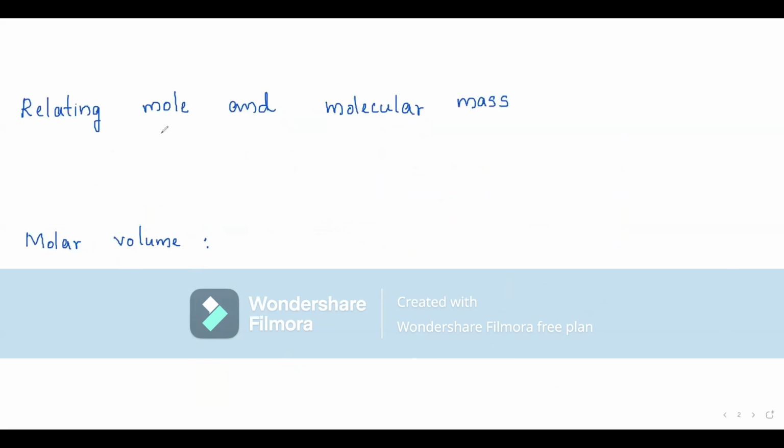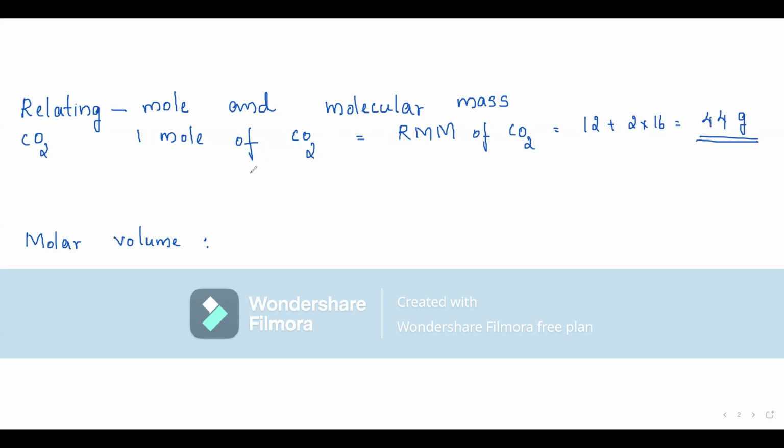Now, how is mole related to molecular mass? Suppose you are taking carbon dioxide, then 1 mole of carbon dioxide will be equal to the relative molecular mass of carbon dioxide. What is the relative molecular mass of carbon dioxide? 12 plus 2 into 16, which is 44 expressed in grams, meaning 44 gram of carbon dioxide is called 1